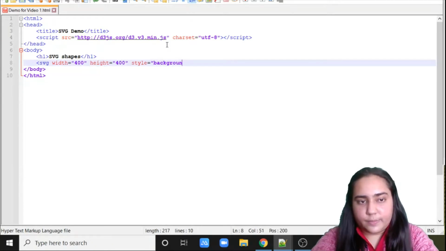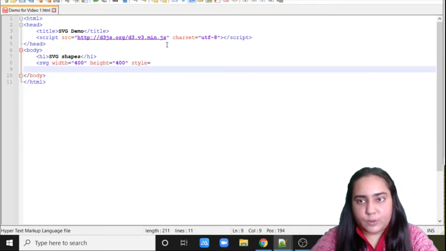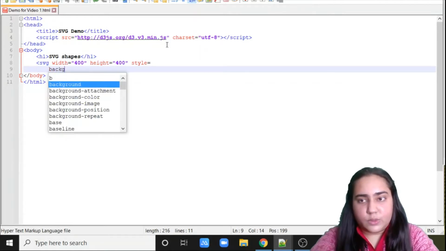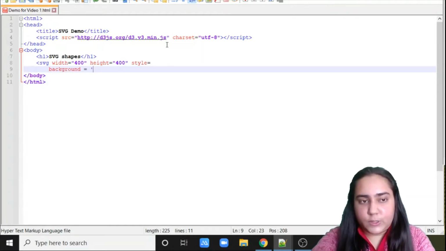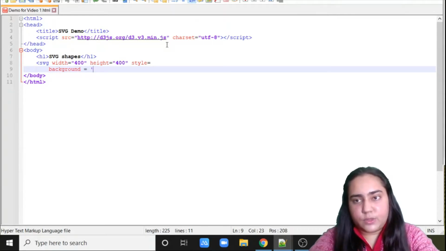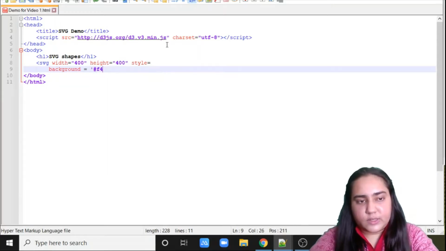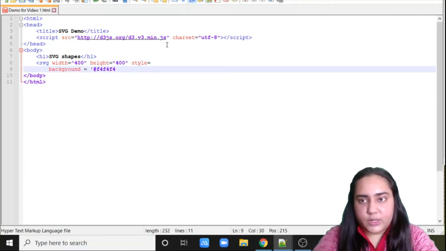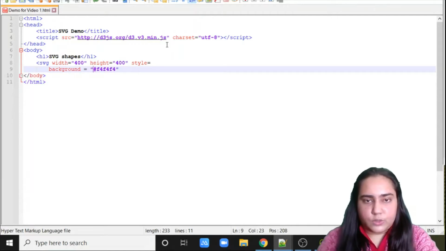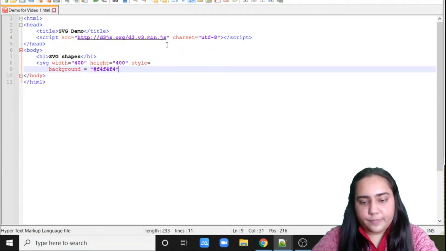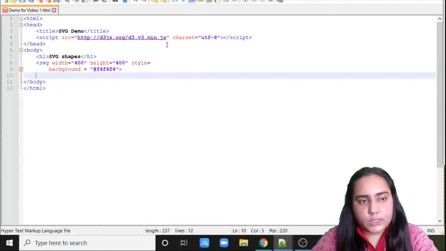So you can have a style, and within the style you can specify the background that you want. I'm going to do this down here because I'm going to specify other things as well. So the background that I want, you can specify anything over here. You can mention a color. You can use RGB values, and you can use hexadecimals. So what I'm going to use is hexadecimal. This is for the color gray, and all this should come into double quotes. So here double quotes and close this angular bracket, and then we can